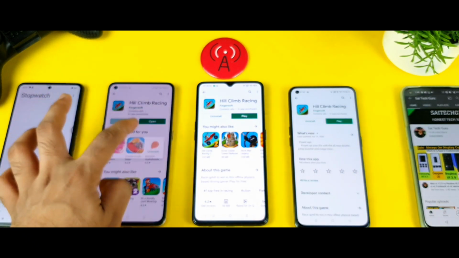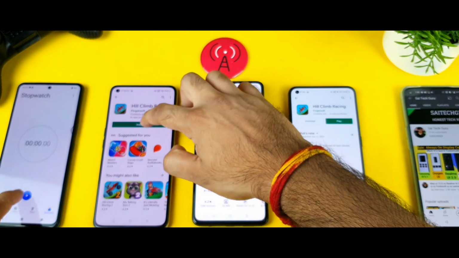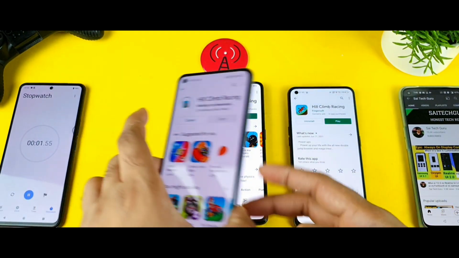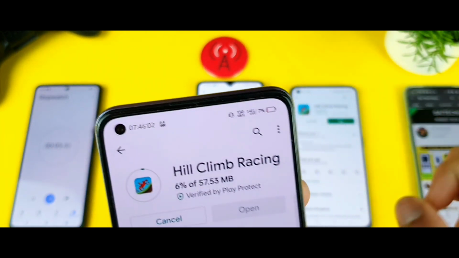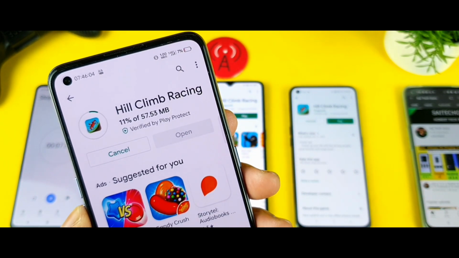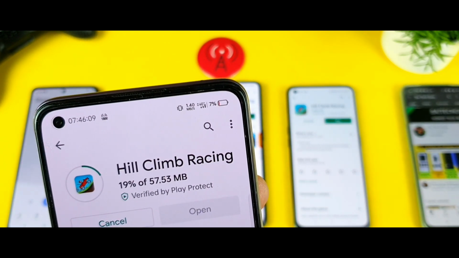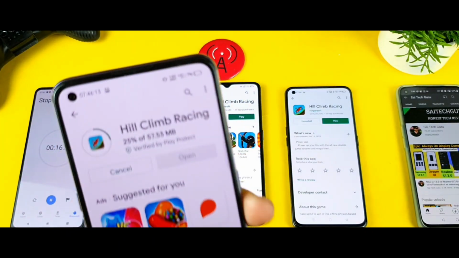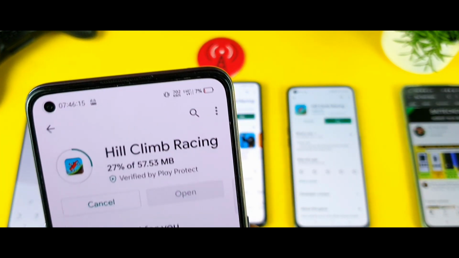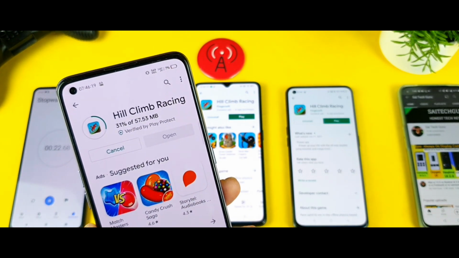So now let me try to download the same game. I'm trying to download on this X1 Pro, to show you what the high speeds recorded on the top notification panel will be. Which phone can actually record high speeds? Let's see, friends. Right now I'm getting 1.4 on this Realme X1 Pro device, as you can see. So it's kind of close to 1 Mbps, not much.